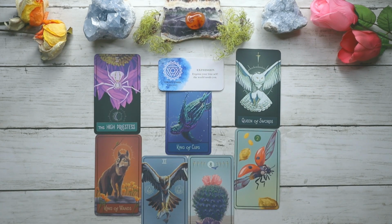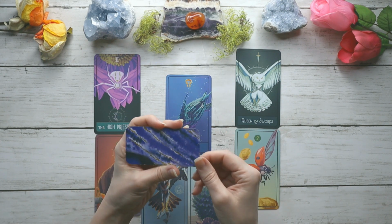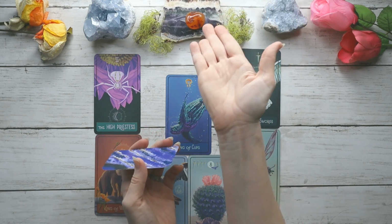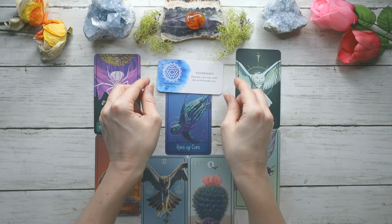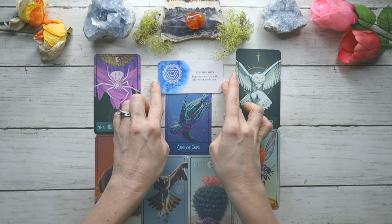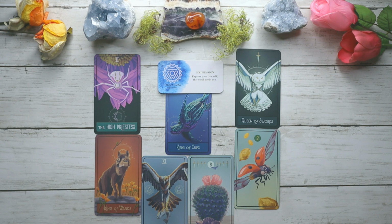Okay, so we're going to start right here with this throat chakra card. You guys got the lapis lazuli. You also have the root chakra carnelian here. So those could be 2 crystals you could be utilizing this month to really help you ground yourself. That's a really great one with carnelian. Also finding that passion for life. Pairing that up with the throat chakra with lapis lazuli, this expression card, express your true self, the world needs you. Being able to express yourself, having the passion to express yourself in this world is kind of a theme